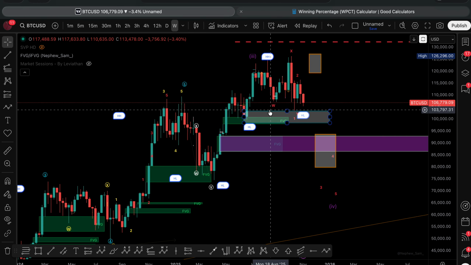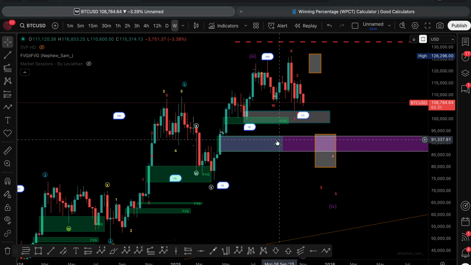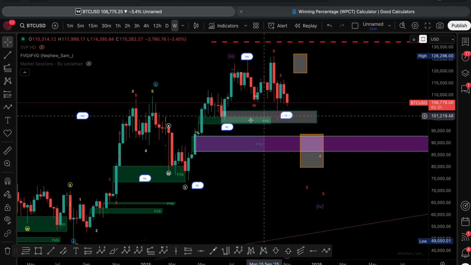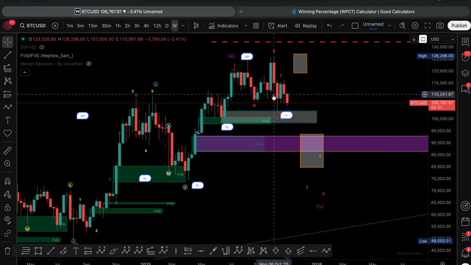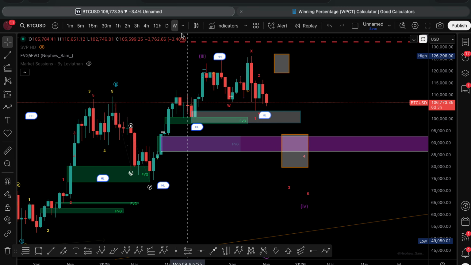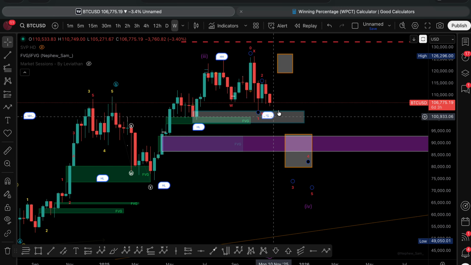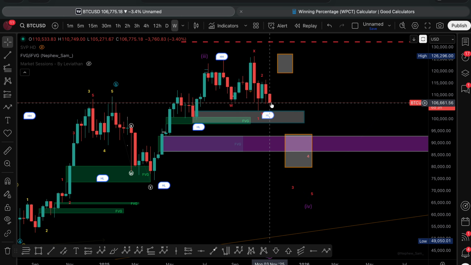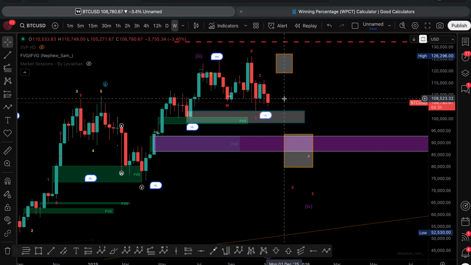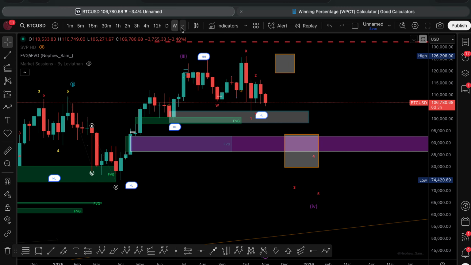So from the weekly time frame, I can say overall we are still bullish, but as you can see on a weekly time frame, we have a bearish bias. This is hard to trade. It looks chaotic. It looks like the markets are in some sort of range, right? But overall we're still bullish. So for now my bias is bearish.